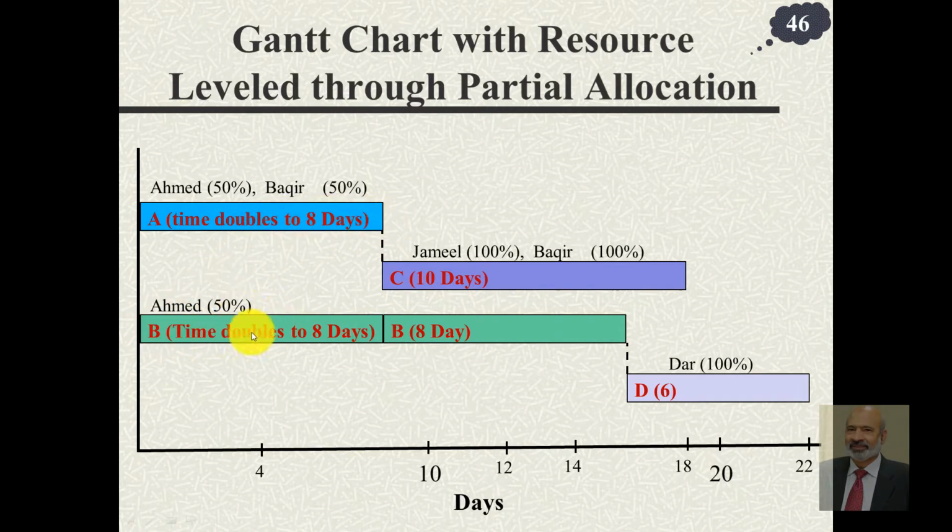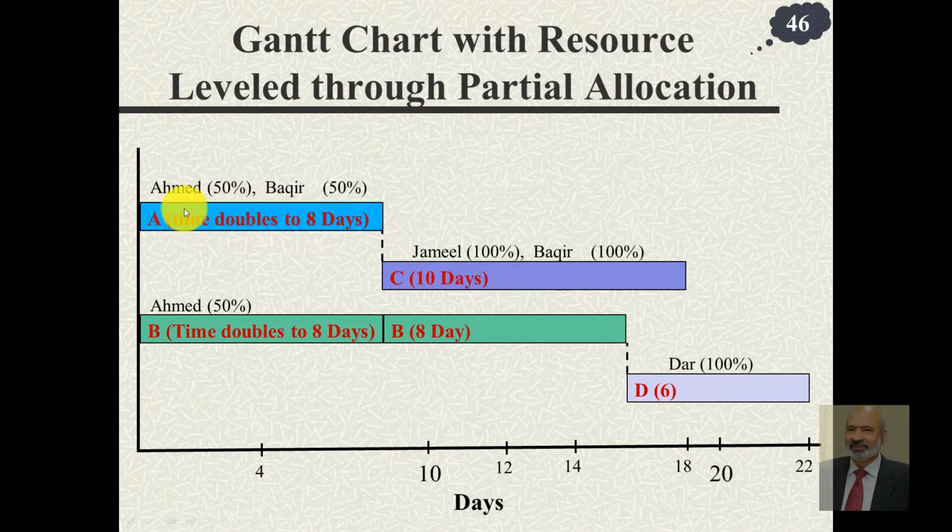Here those 4 days become 8 days plus the remaining 8 days, because initially it was 12 days. 4 become 8, and 8 plus 8. So the overall activity duration increases from 12 days to 16 days. Notice that Bakir works for 4 hours per day just like Ahmed, but then he works for 8 days now. So 4 into 8 is 32. In the previous case also they were working 100% time, so 8 multiplied with 4, and this time 4 multiplied with 8. So overall again it is 32 hours.